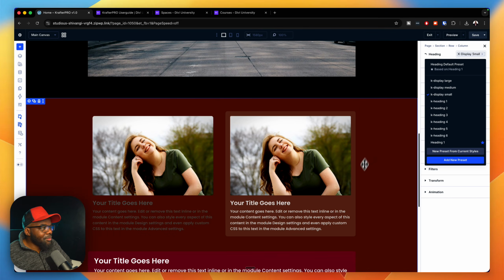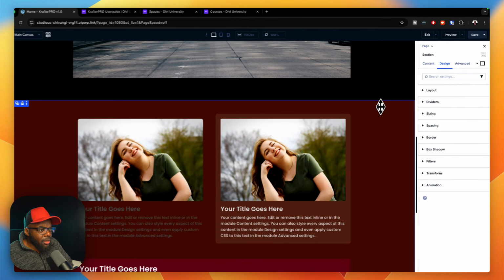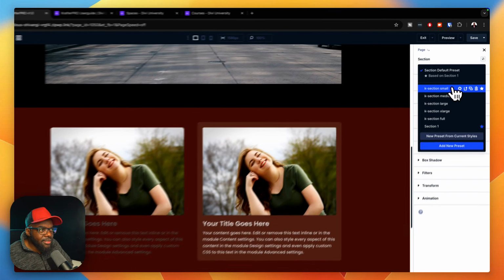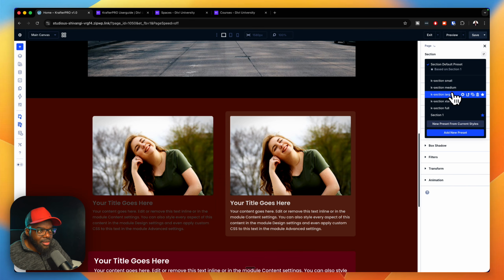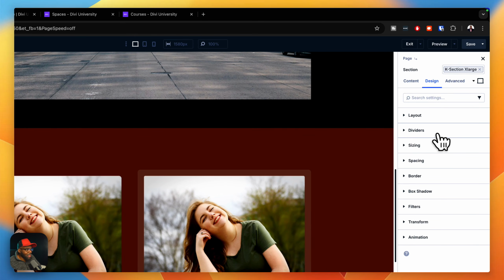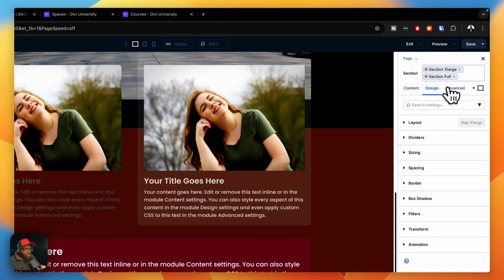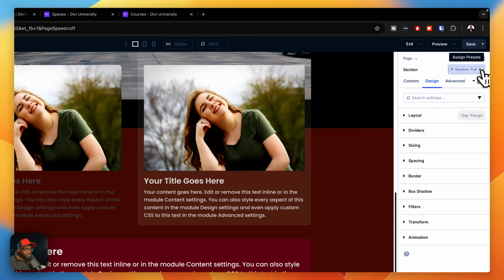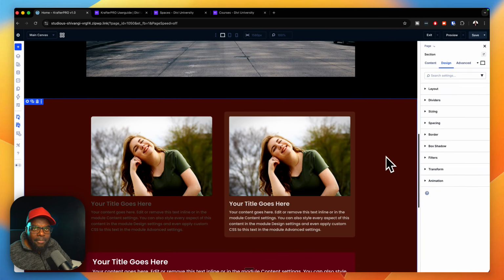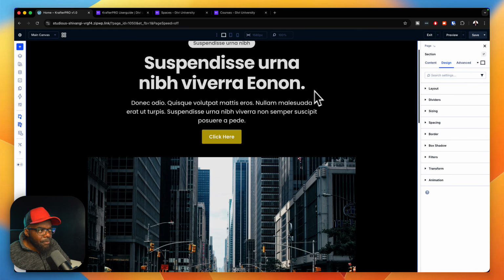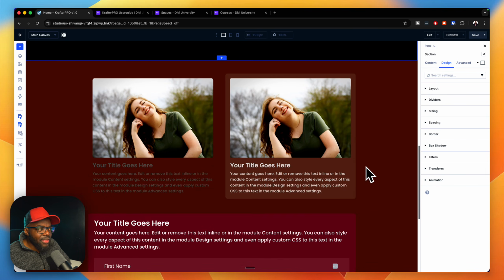So as we're designing, you may wonder, okay, how do we know what spacing to use? Well, if we come over here, there's section small, medium, large, extra large. So if you do that, you can see now we're on extra large. And if we go for full, that is for our main hero, but we're not going to use that yet. Okay, but the option is there. So as we are designing, you can see all the aspects that are very important in design are covered. Your section sizes. We also have your rows. And pretty much everything that you need is within